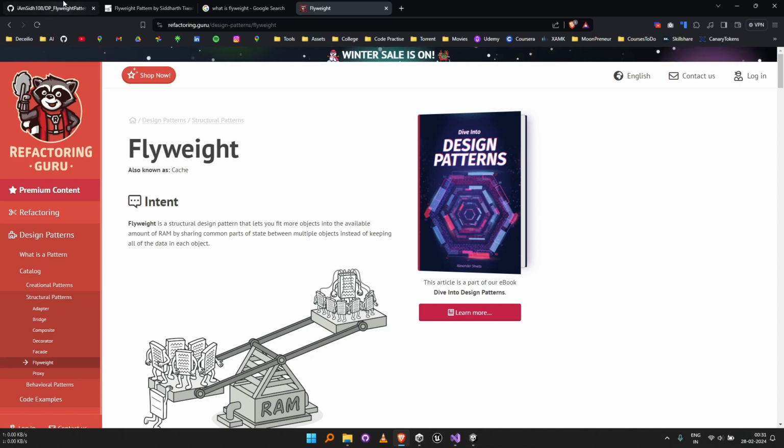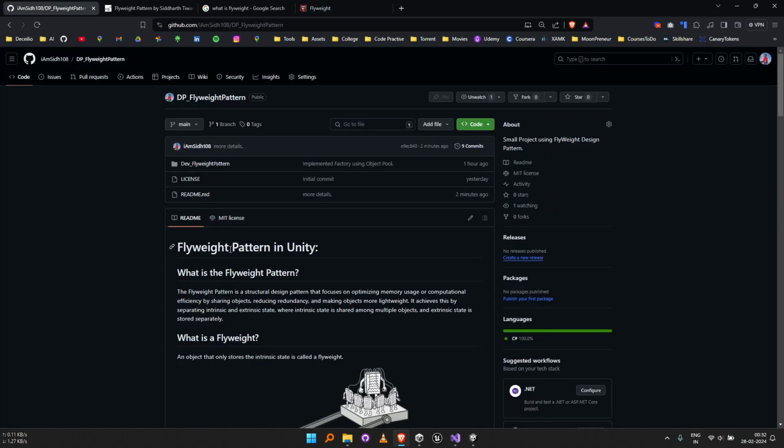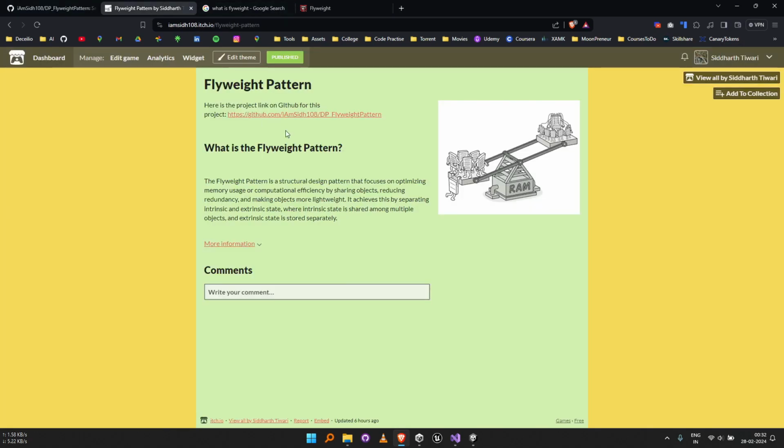Like when we have hundreds and thousands of game objects in our scene, each object is an instance and each of the objects occupies the same amount of data. For example, if our game object is 5 kb, then if you multiply that by 1000 it will be 5000 kb. So what this pattern does is we try to find out what data is going to be same